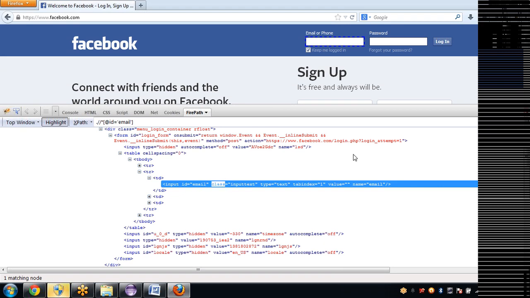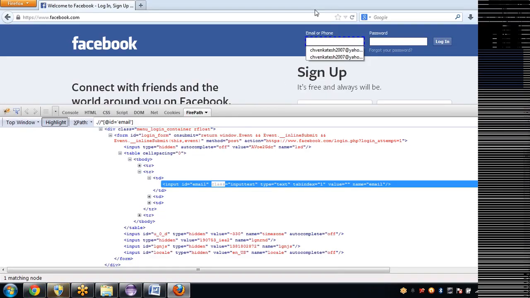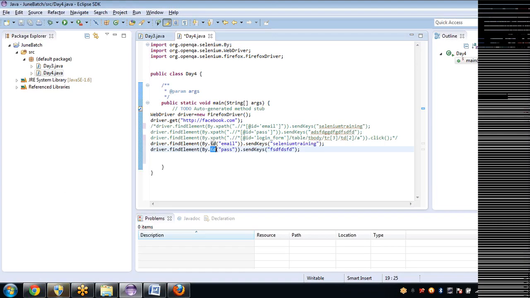If it matches, then you can use this name property here to identify your email box. Of course ID is there, XPath also is there, but I'm just telling you in how many ways you can identify a particular object on the page. You have name here. Again, it's email. So what I'll do is by dot